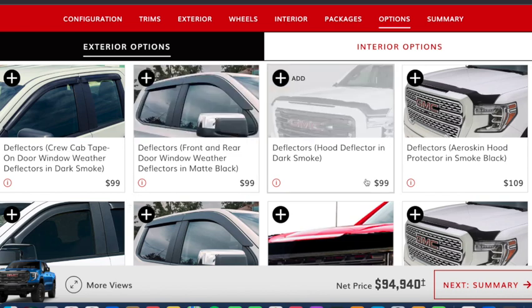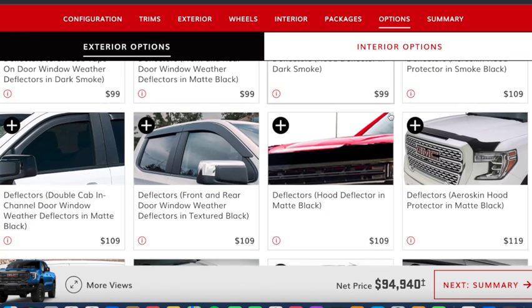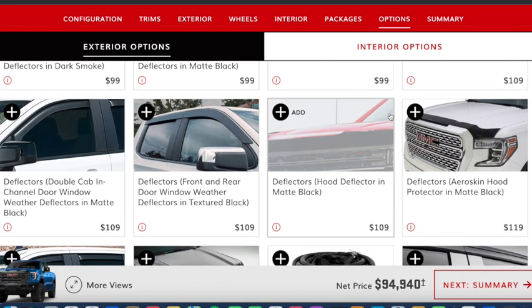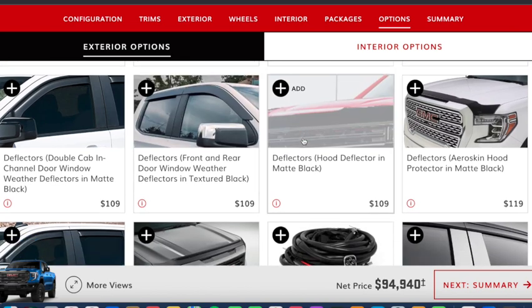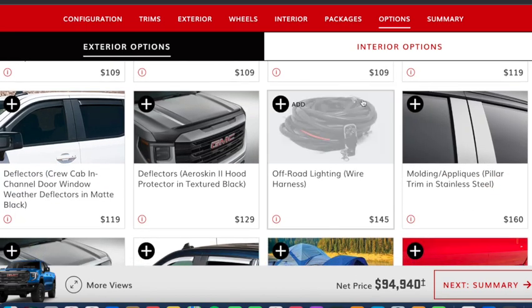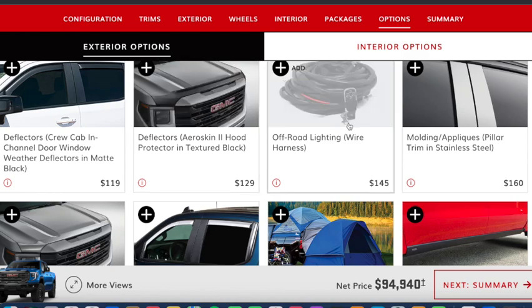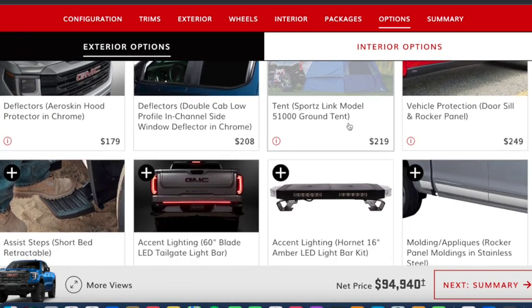All these bug deflectors and whatnot. I think these kind of look stupid on trucks, even though they definitely make a difference, because bugs on my F-150 would splat into the windshield and into the front grille all the time, although that's not going to help with the front grille. Some of the lower profile ones are kind of nice. They're less obtrusive, but